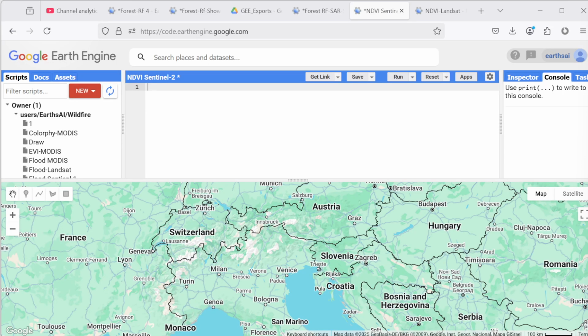Hi everyone, today we want to learn NDVI analysis using the Sentinel tool over the Po Valley, Italy area. NDVI, or Normalized Difference Vegetation Index, is a widely used vegetation index that quantifies the density and health of green vegetation,